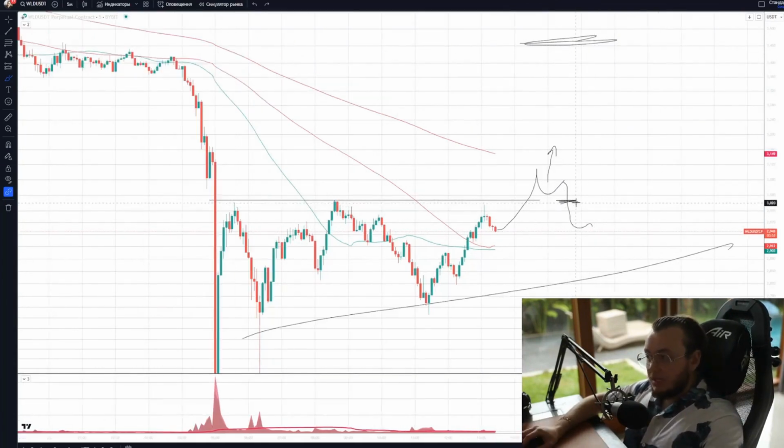But at the same time, you shouldn't set the stop loss too close, because you need to give the price some room to breathe. So this kind of situation shouldn't knock you out of the trade. And on the other hand, you shouldn't set it too low either, so you don't end up losing a lot of money in case things go wrong.